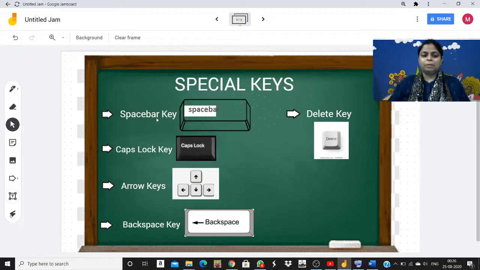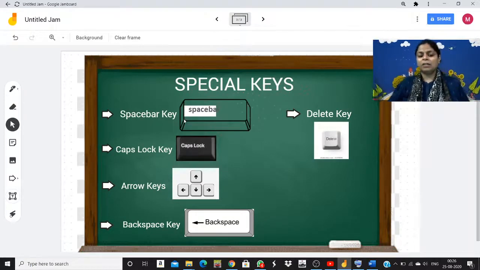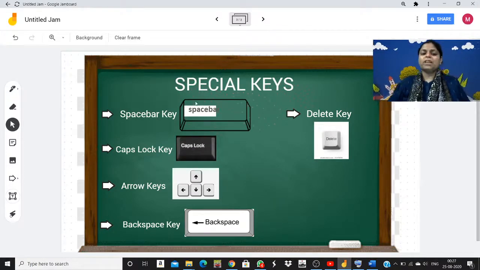Space bar key. Space bar is a big bar type key. See, it looks like a chocolate bar. It's a big key, the longest key on the keyboard. This is known as the space bar. I will tell you in short, then we will move to the full explanation. The space bar is used to give space between the words. Can you see special and keys? In between these two words, I have given a space because I have pressed this space bar key, and that is why this space has come. Otherwise, it would have been difficult for you to read it. Fine. So this is a space bar key. This is a special key.